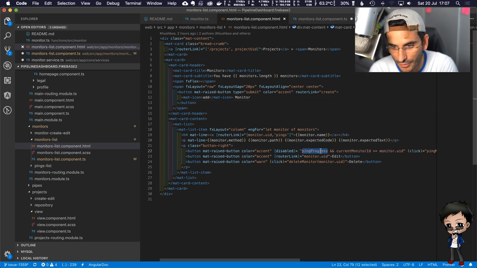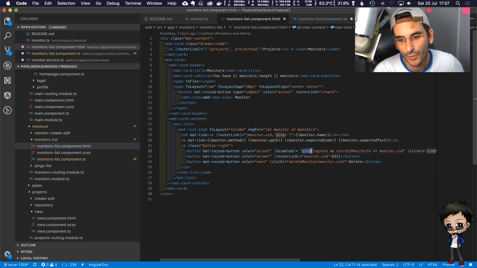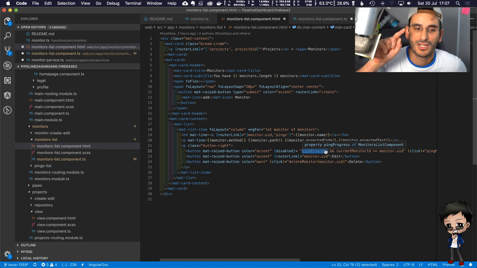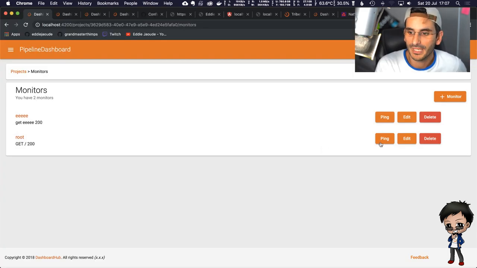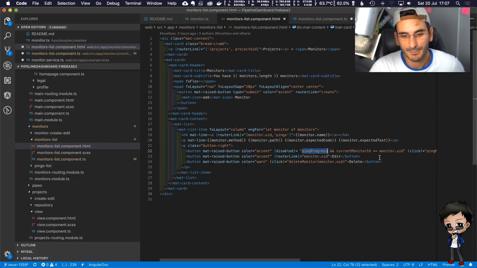So we could maybe make an array of all the pings in progress, because they could go ping, ping, ping, ping all the way down, maybe miss one, but then we want to know it's 60 seconds, okay, 10 seconds while I'm testing it now, but it will be 60 seconds locked for that particular ping.